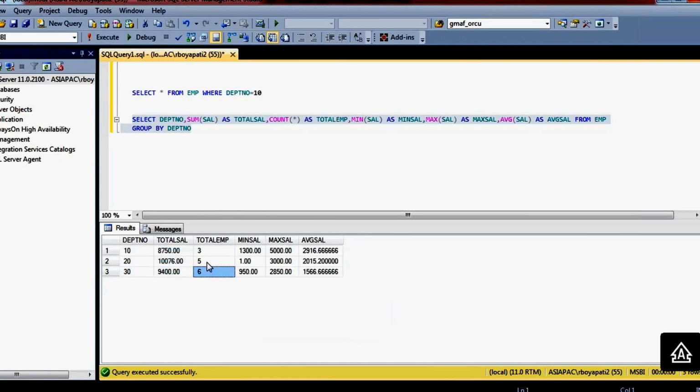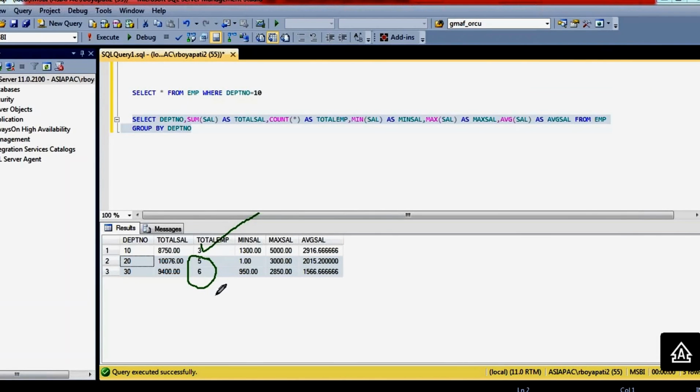I want the departments having the number of employees greater than 4. So how many departments are there? Only 2 departments have more than 4 employees. The first department has only 3. So what I am expecting is only the last 2 departments, because these 2 departments satisfy my condition.